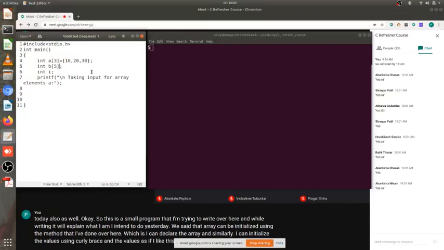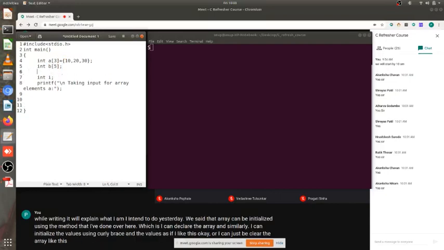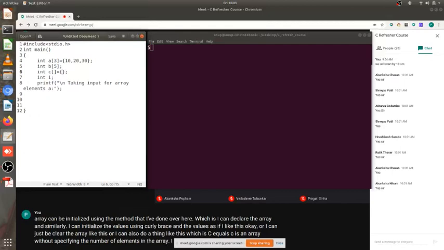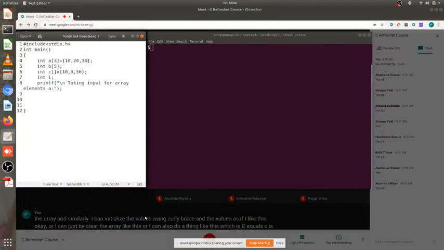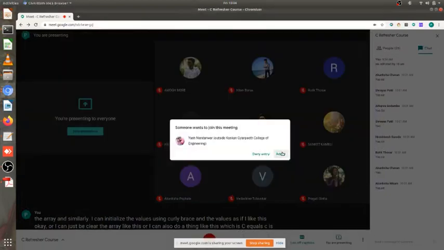Or I can just declare the array like this, or I can also do a thing like this, which is c equals, c is an array without specifying the number of elements in the array. I'm just putting in some values over there. So these are the three ways in which I generally use arrays.